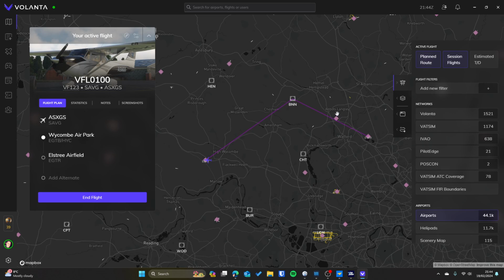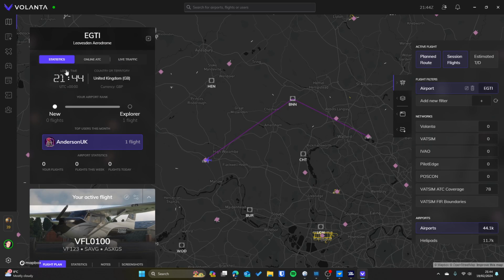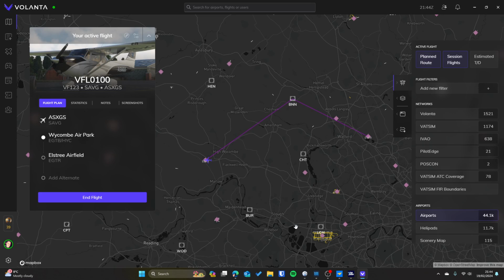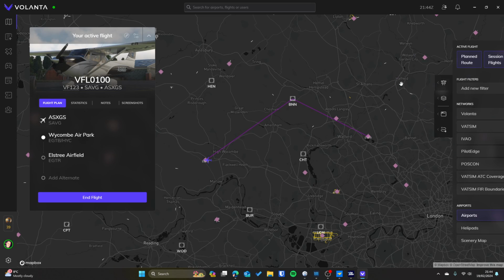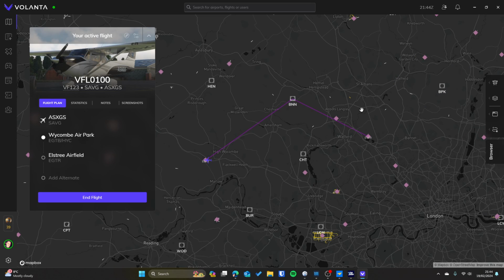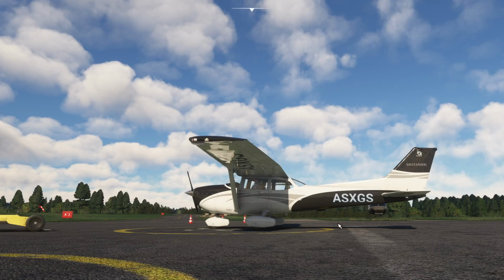When you hover over them, you can click on them and get all the details about a particular airport, for example. Okay, so you can see there's a ton of functionality about what you're choosing to see. But the real crux of this is we didn't have to fill this information in, but we have. And now we can just minimize Volanta,